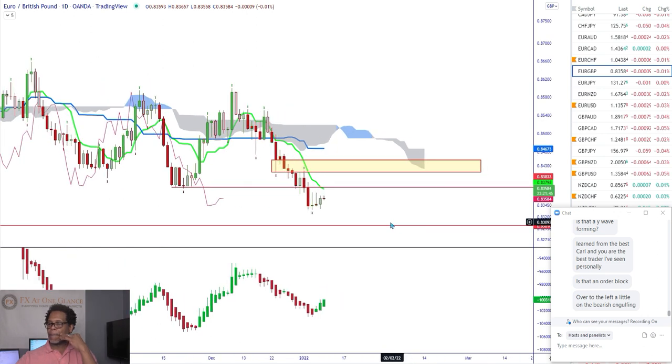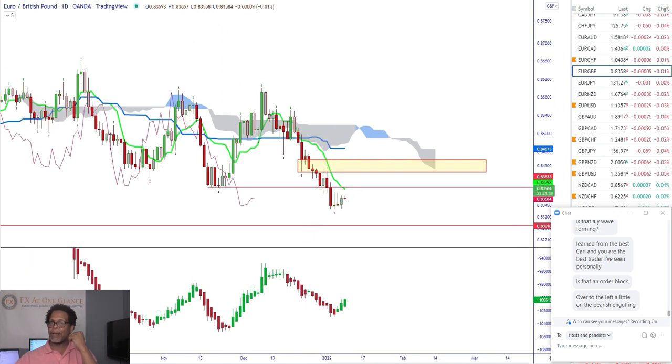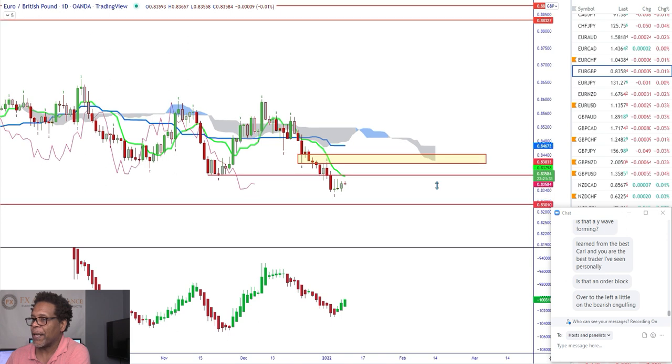Now, at this point, once we hit one of these levels, I could also then put my targets with my fib extension tool, my expansion tool here. I'll be able to still make my lower targets. But at this point, I can't because we only have an I wave.